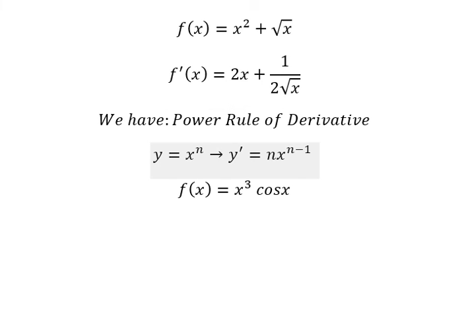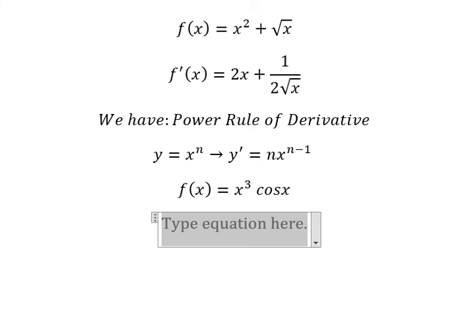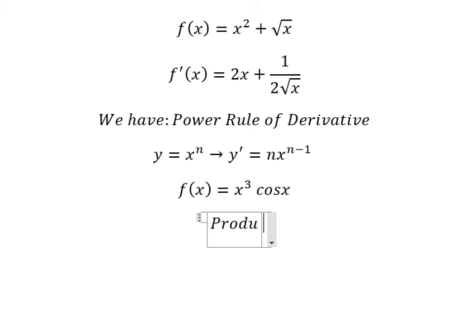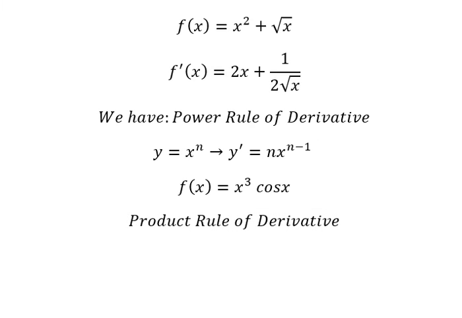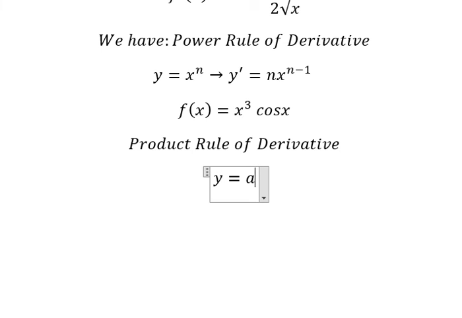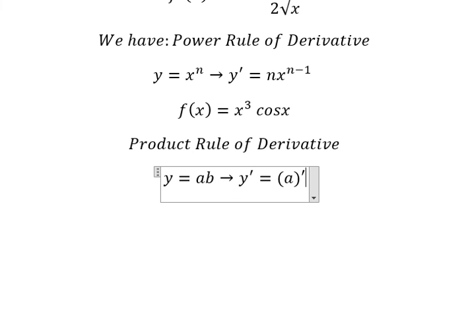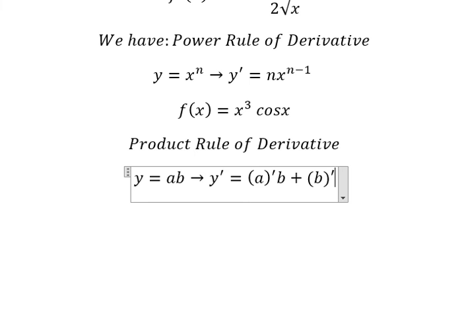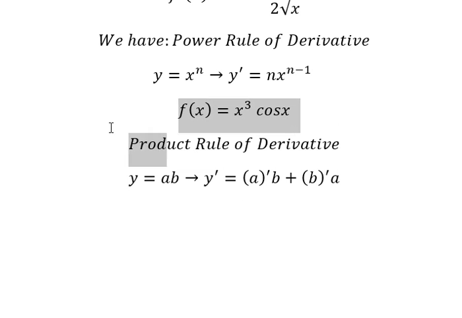Question number 2, we can apply the product rule of derivative. That means if we have y equals ab, now if we do the first derivative of this one, we do the first derivative of a multiplied by b plus the first derivative of b multiplied by a. So we can apply the formula in here,